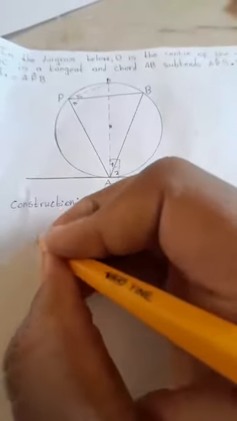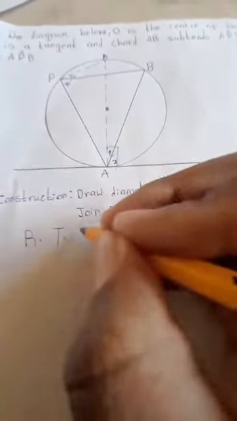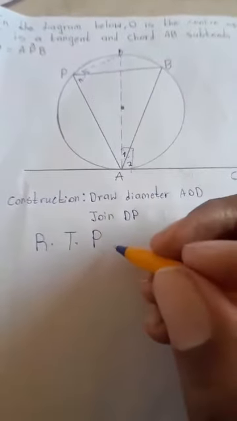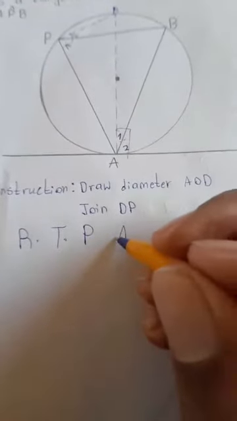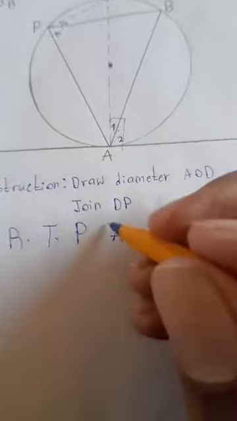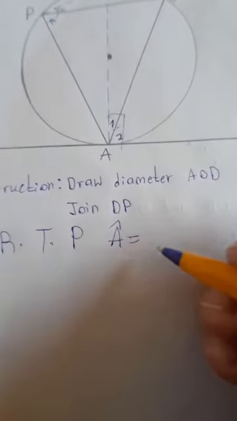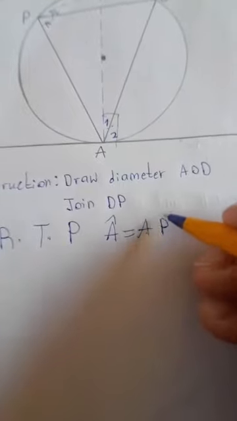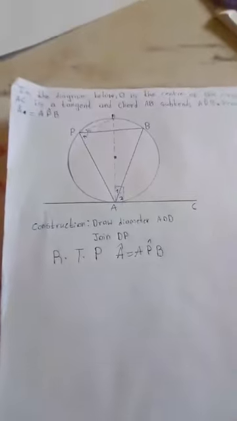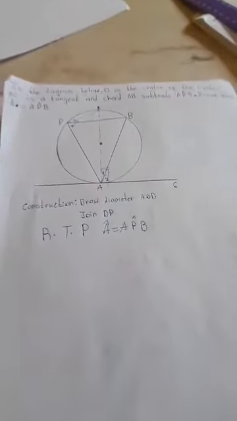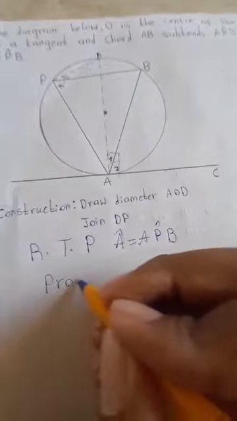Required to prove. Required to prove what? That angle A1, what's angle A1? Angle A is equal to angle APB here. Don't mind this A1 here, because I think it's kind of a mistake. But we are required to prove that angle A as a whole is equal to angle P as a whole. So in our proof, we will say proof,